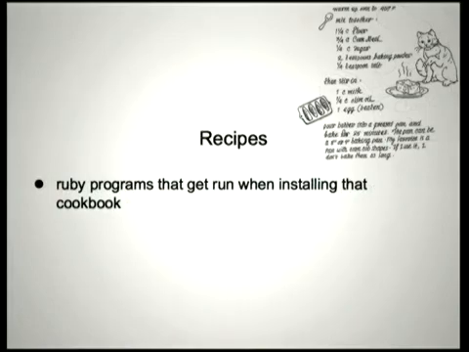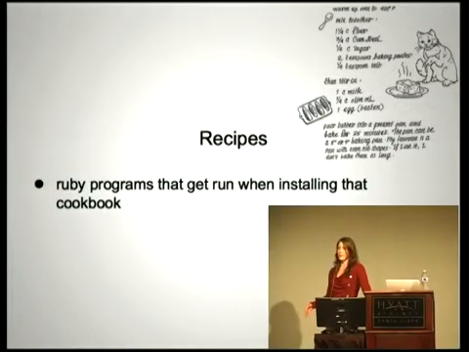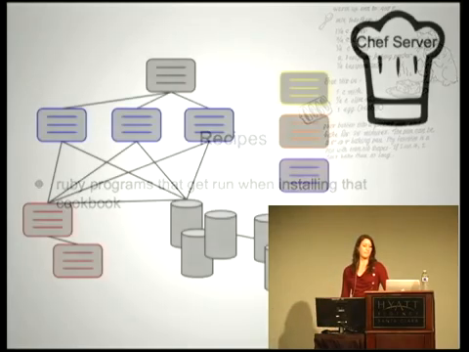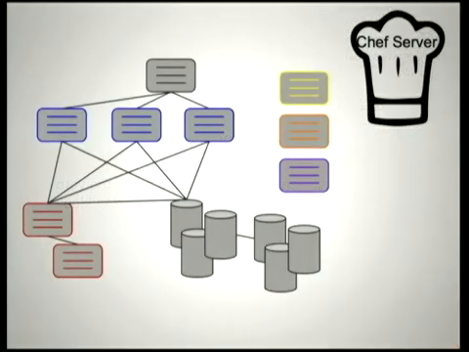And recipes, this is the only place where the kitchen metaphor comes into play. Recipes are in cookbooks, and recipes are basically the program that gets run when that cookbook is installed. So a recipe is the Ruby program that has the list of installations and the actual code for executing different things. Okay, so if we go back to our production environment, now that we have our Chef server,